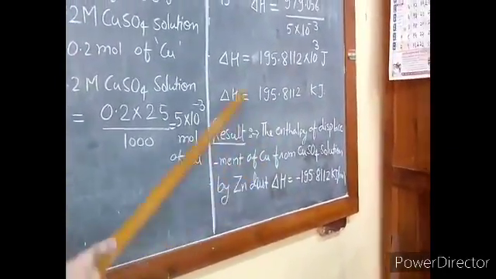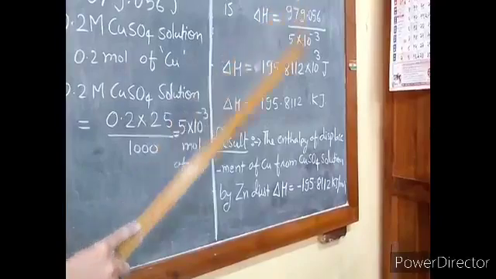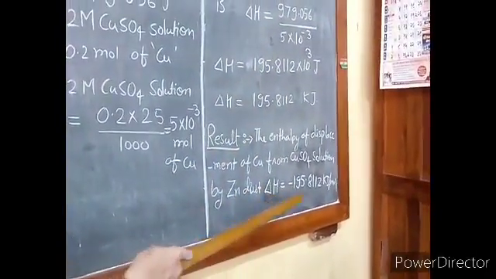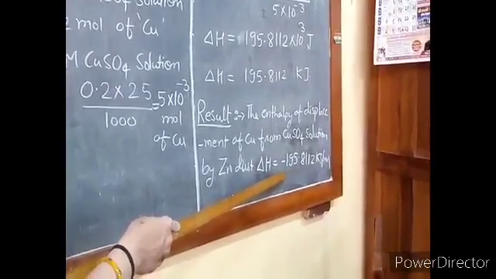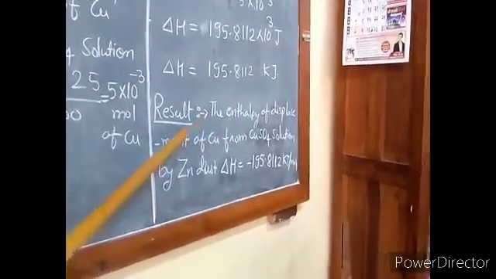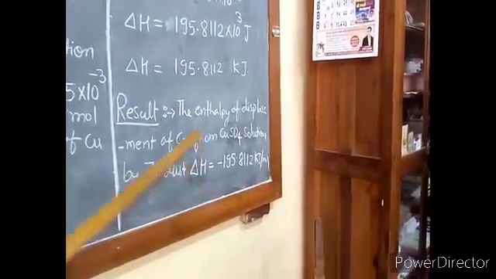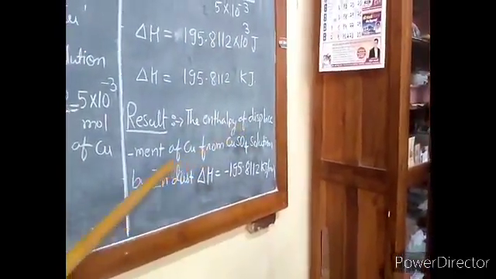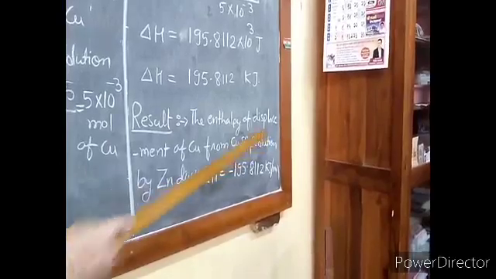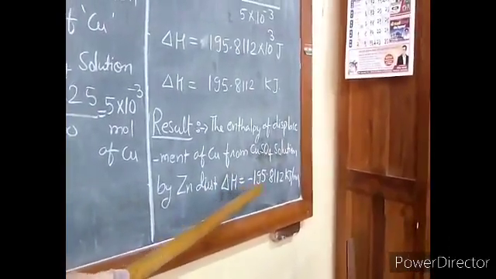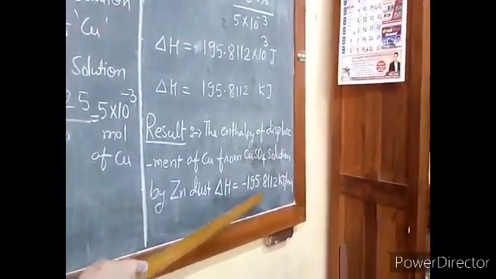So when you report the result, at that time you have to mention the value of enthalpy change with negative sign. That's why in result, the enthalpy of displacement of copper from copper sulfate solution by zinc dust, delta H, will be reported with negative sign, minus